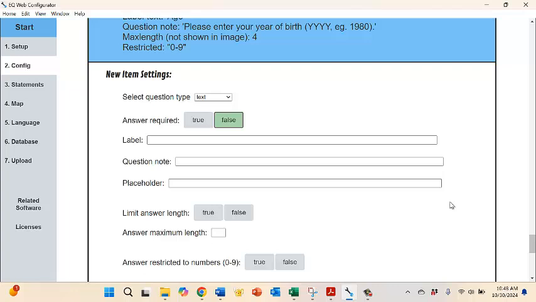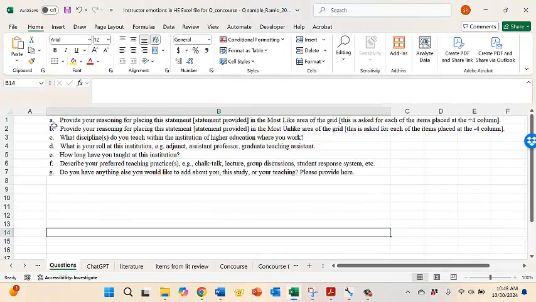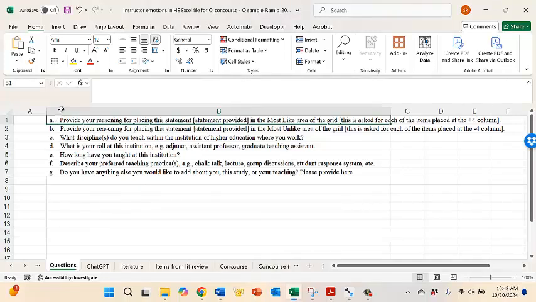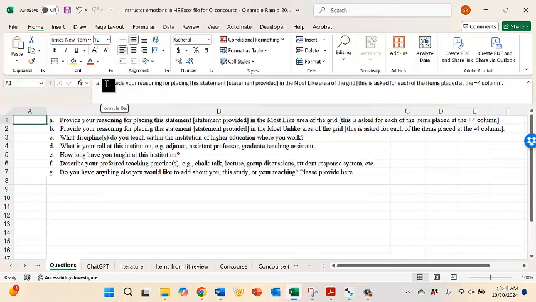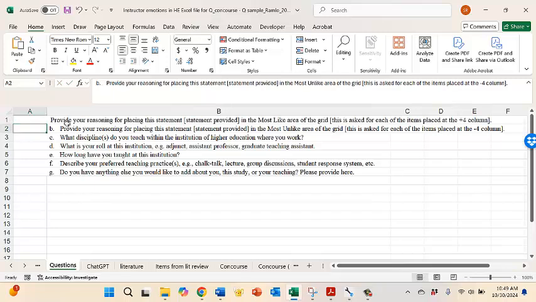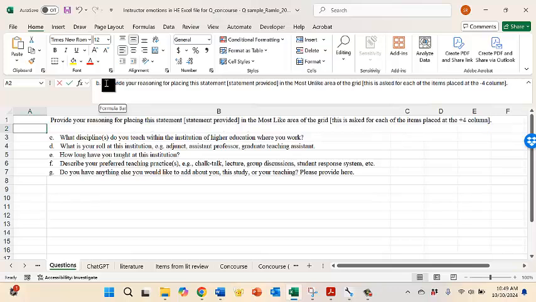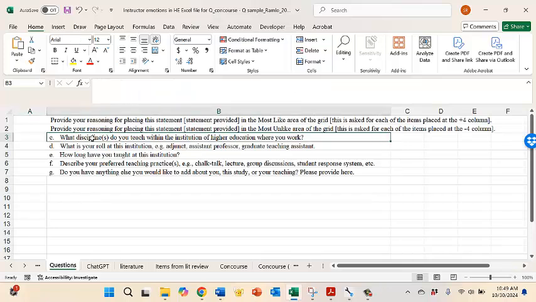So now I can come up here and say, let's look at my questions, which I've put in here. These are basically the default: most like, most unlike. I'm not worried about those right now. Those aren't questions; those are already taken care of within the software. I don't even know where I pasted these things, but I want to know